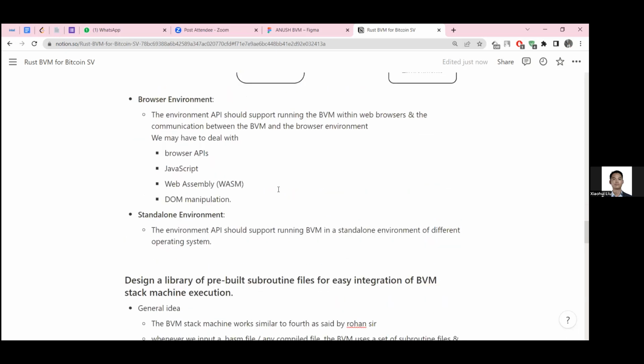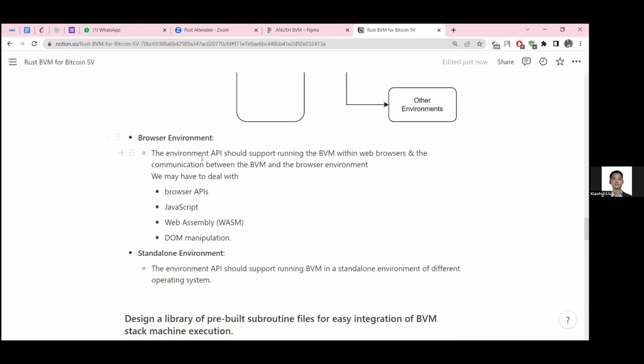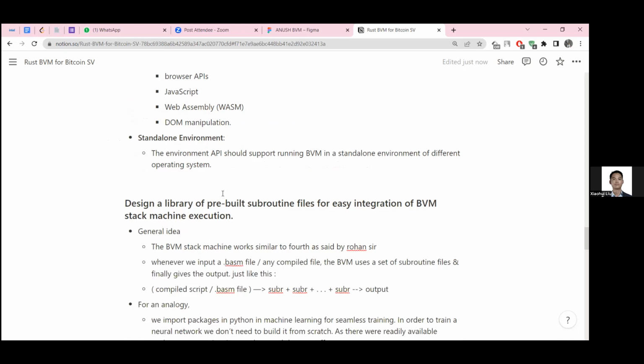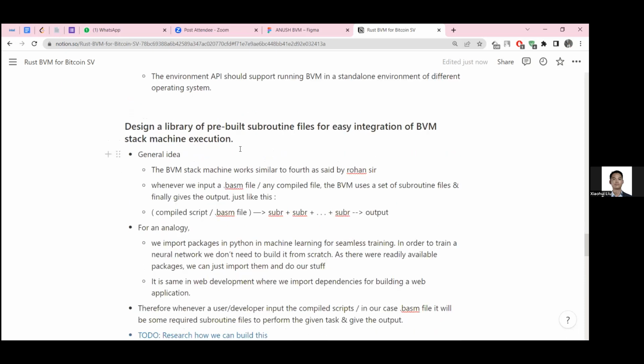These were some of the environments we were aiming for: browser environment and the standalone environment. We have to research a bit more on it. We will be doing that in the coding phase too. And then the third thing,